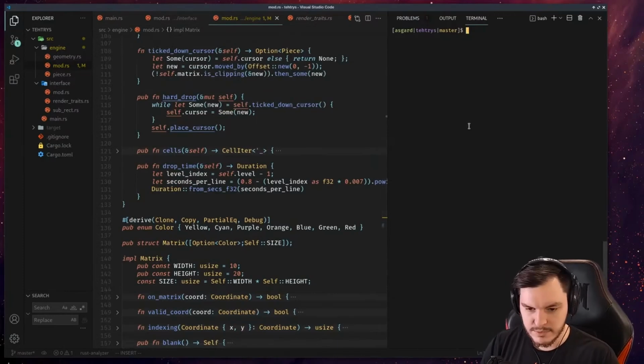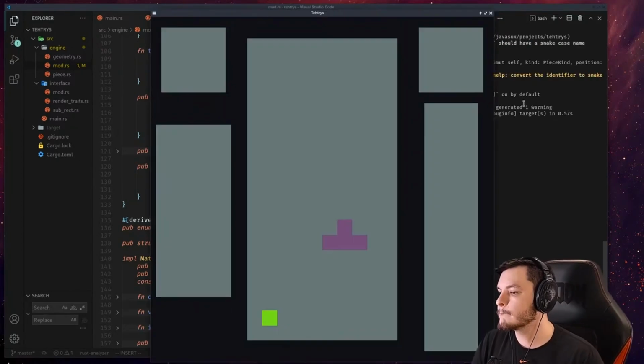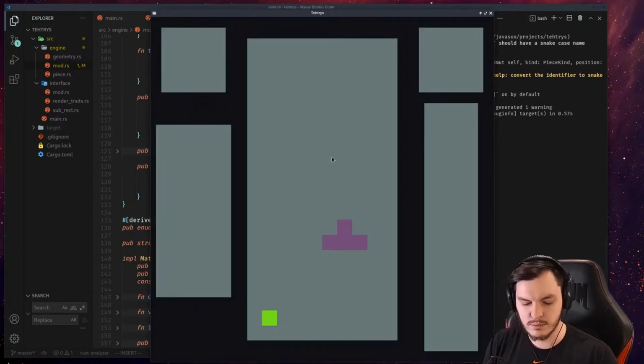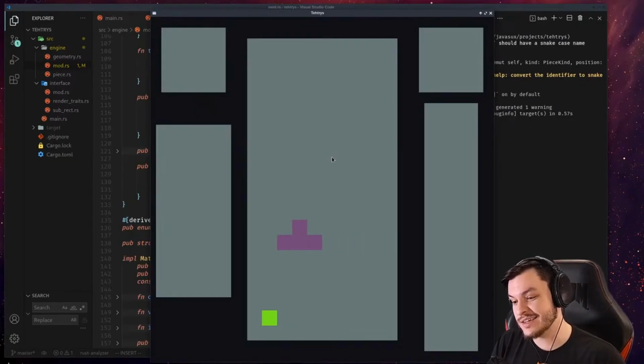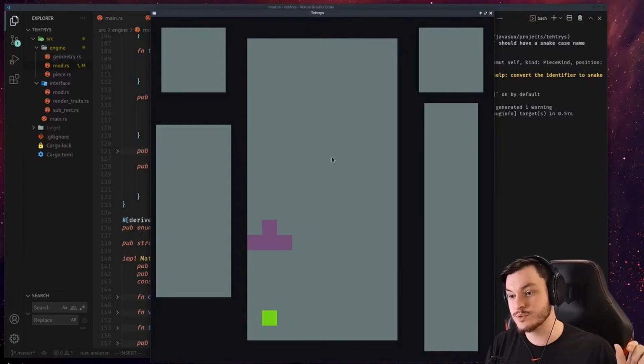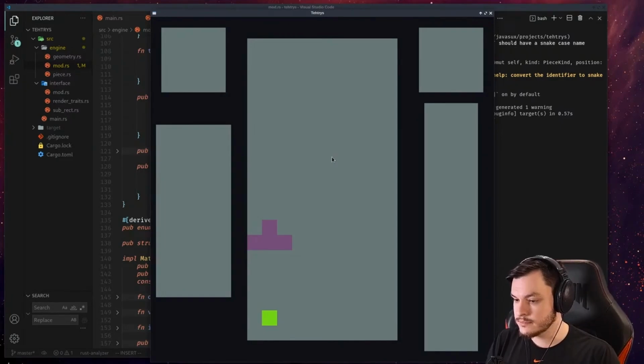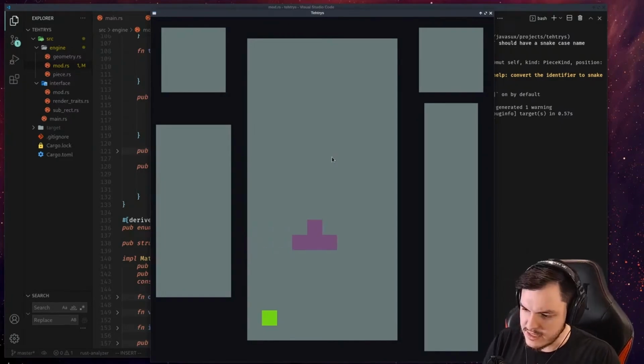So let's look at where we were last time. Yes, we were here. We had the T piece, and we were able to use the left and right arrow keys to move it, and it stays in bounds because it attempts to move and then doesn't move it if it can't. We also implemented the hard drop,